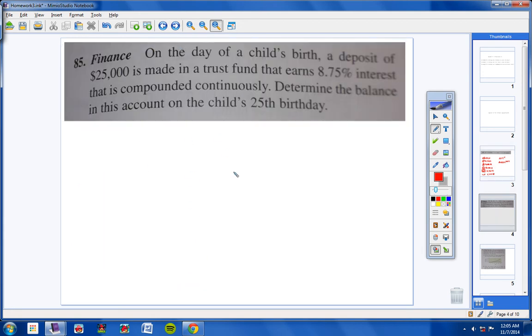Number 85. On the day of a child's birth, a deposit of $25,000 is made into a trust fund that earns 8.75% interest, compounded continuously. Determine the balance in his account on the child's 25th birthday. Okay, well, notice here we're dealing with compounding continuously. So the formula will be